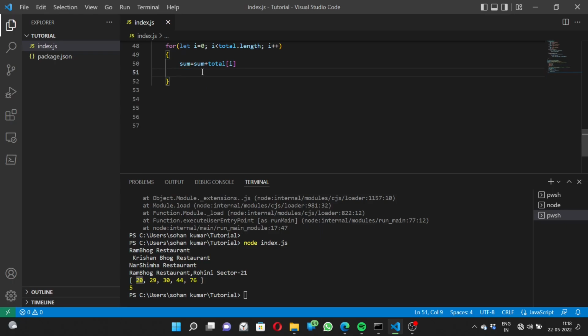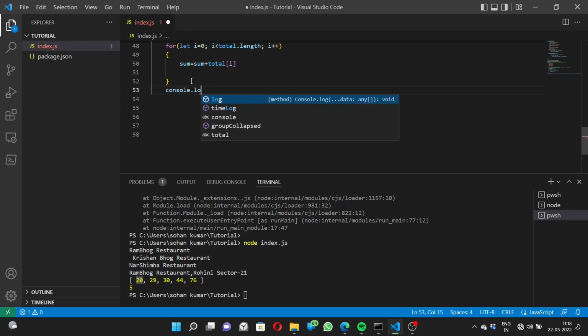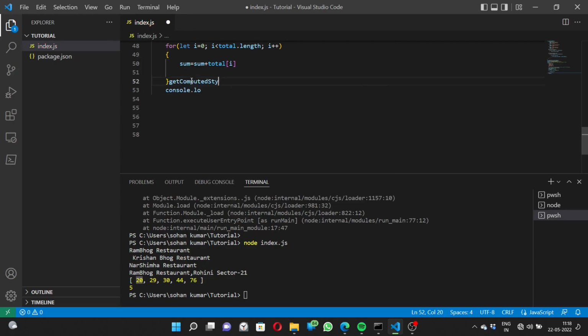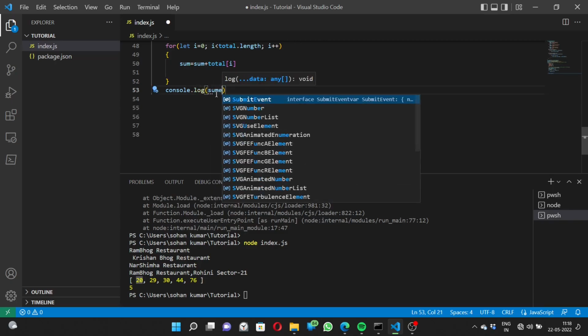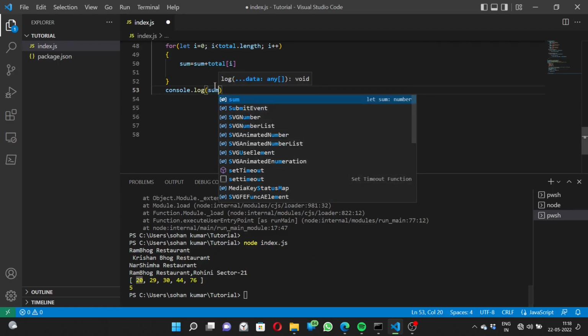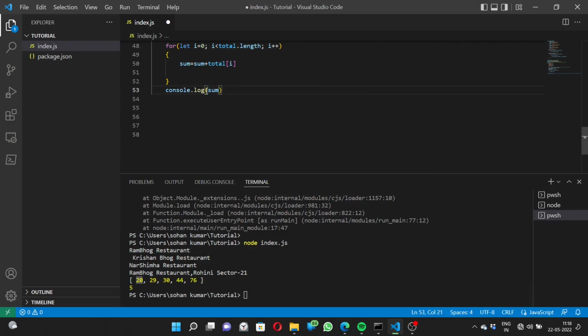Okay, I hope you understand this loop exactly. And what we need to do, just go, and after the loop we're going to print our sum. We're just going to print the sum, and after that we're going to print sum. So, okay, I'm just going to write something here, say the total